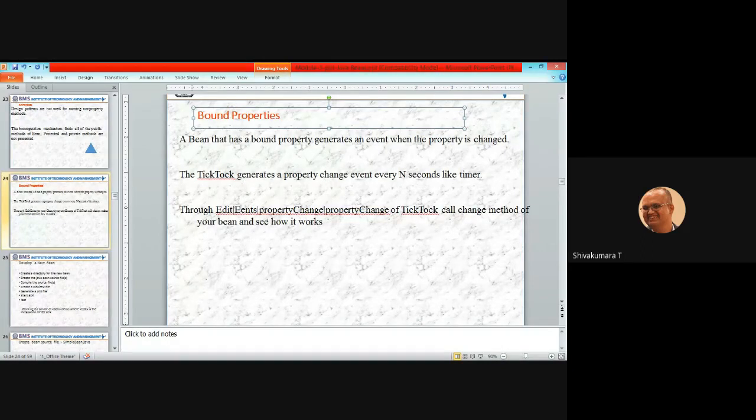Bound properties. Those who joined late for the class, enter your USN and name in the chat window. Divesh, you have not attended most of our classes.